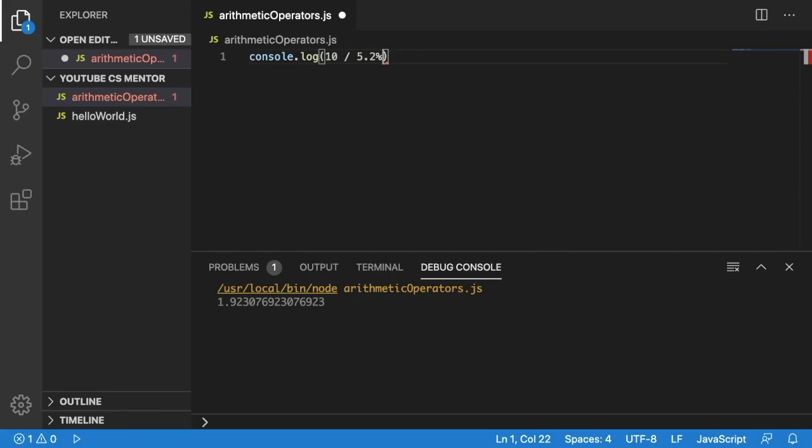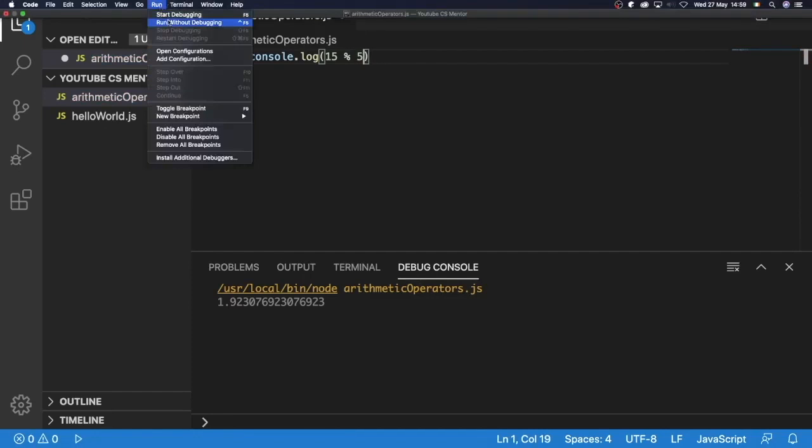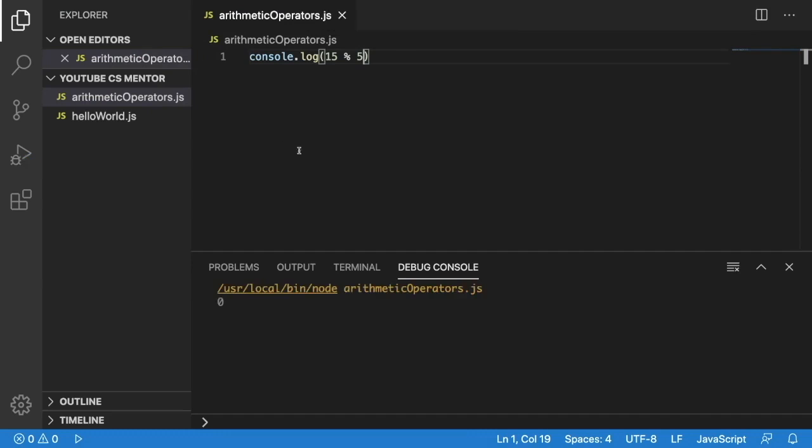Okay, so we're going to just get rid of this, and we're going to pick two numbers again. We're going to pick maybe 15, and then modulo, and then 5, and we're going to run this and see what our output is. So if we go up here and hit run, and then run without debugging, we can see 0,